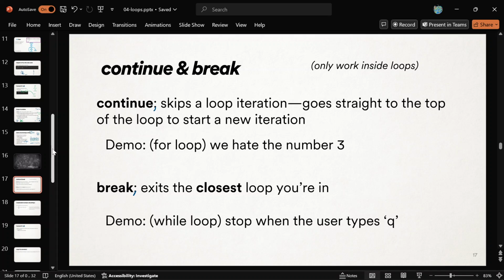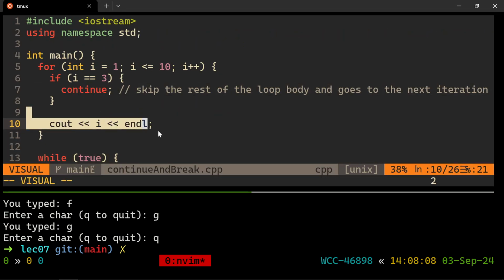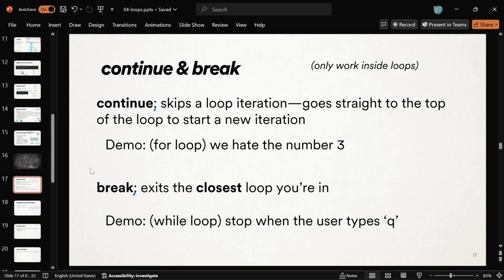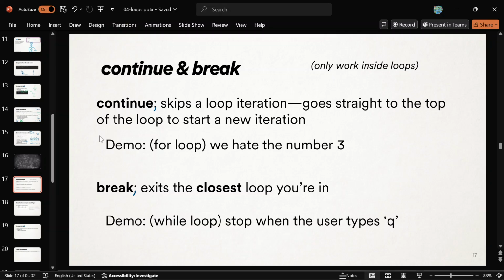All right. No questions? Yeah. Yes, it skips one body of the loop from where you say continue onwards. So I say continue, it skips this guy, so it doesn't print the through. Okay? Yeah. Yes, it does not stop the loop entirely. It stops that iteration of the loop. That's the key. That's the key difference between continue and break.